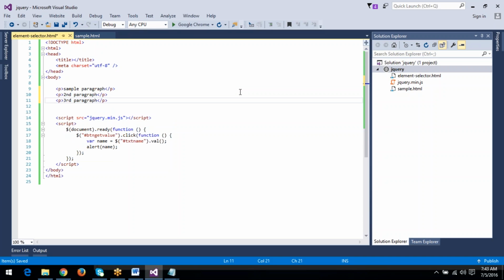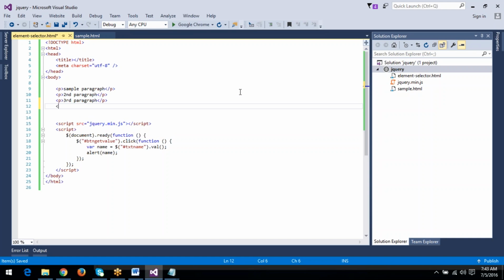Third paragraph. And next, button. Input type equal to button, and value hide P elements, and button ID btnHide. When you click on this button,